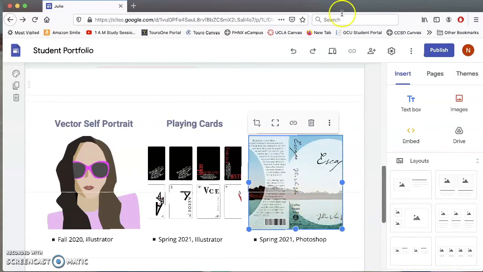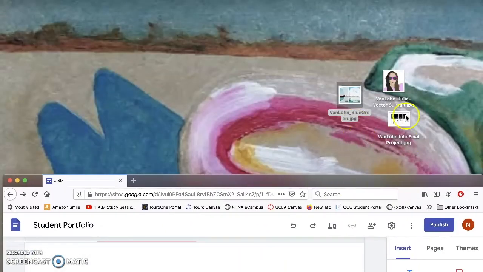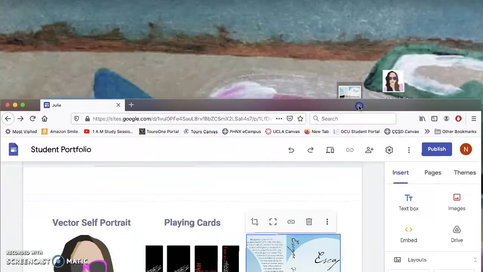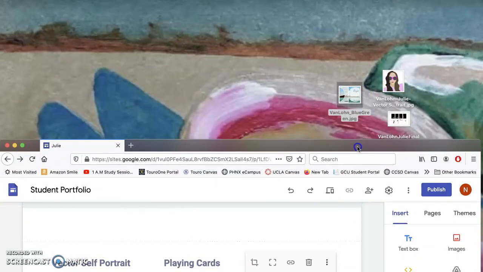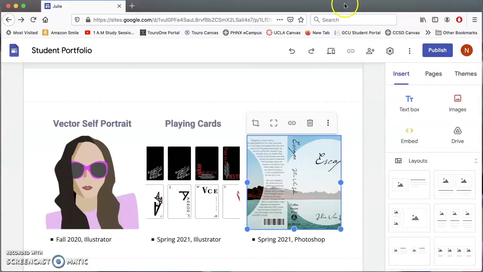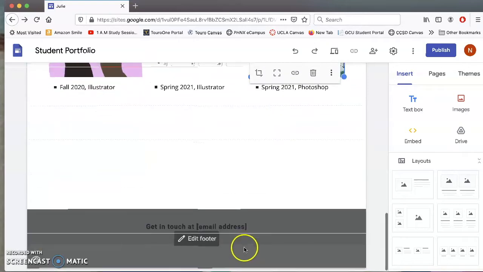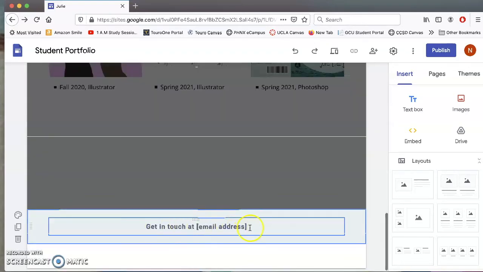All right, so notice these are all JPEGs, these 3 files that I pulled out. So you cannot use Photoshop or Illustrator files. You've got to export them as JPEGs or PNGs, but the easiest thing to use is a JPEG. All right, and get in touch at,